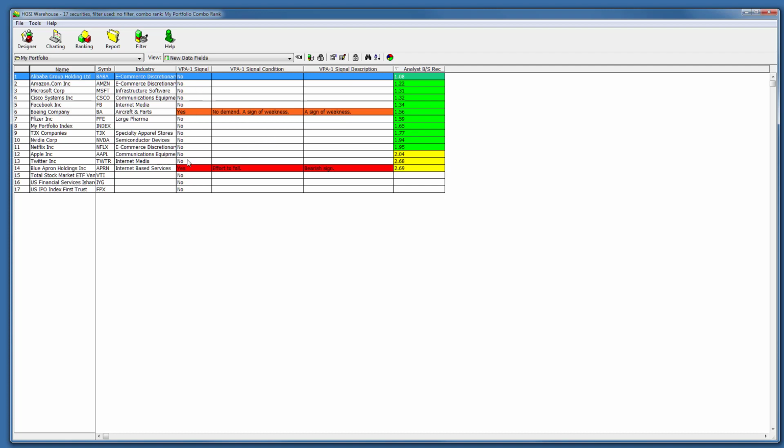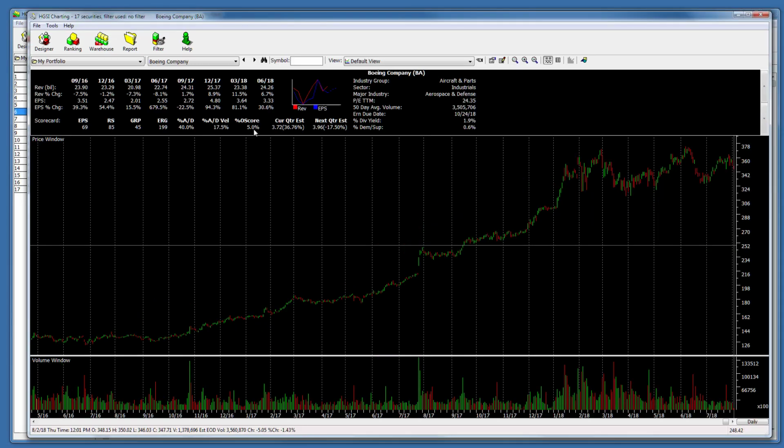So these would be the values of the VPA the day before. And so now you can not only see 2 days worth of VPA signals, you can also write filters and do combination ranking against 2 days in a row of VPA signals,